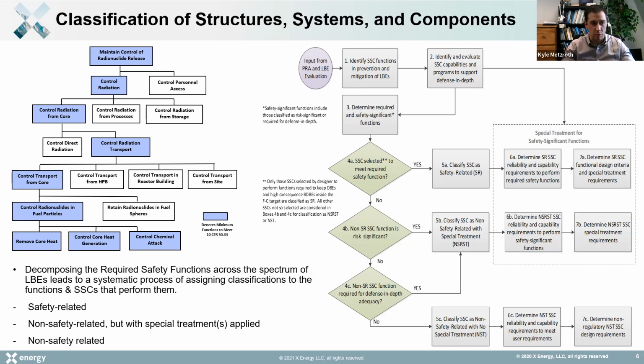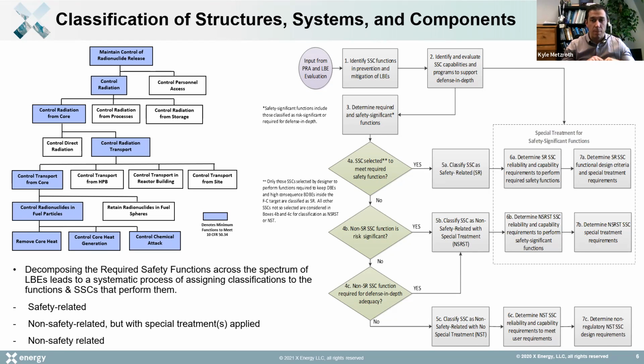And those are most akin to, I think, what people are used to when talking about safety-related SSCs. NSRST is probably the most interesting classification because I think for advanced reactors, we're trying to limit the number of safety-related components in places where you have to apply the full-on nuclear standards and leverage more industry best practice. NSRST is sort of a partway in between safety classification, and what it encompasses is,